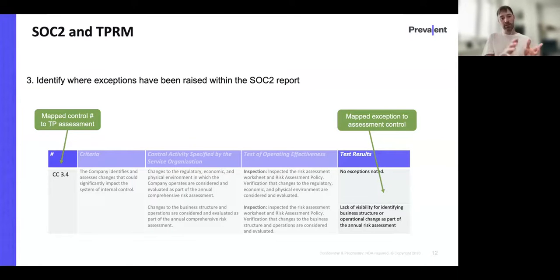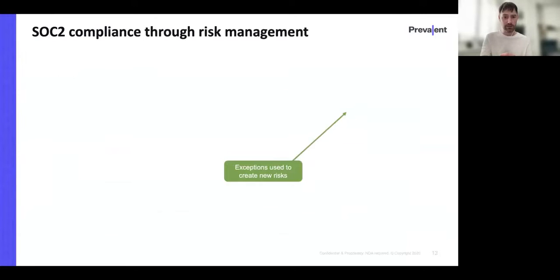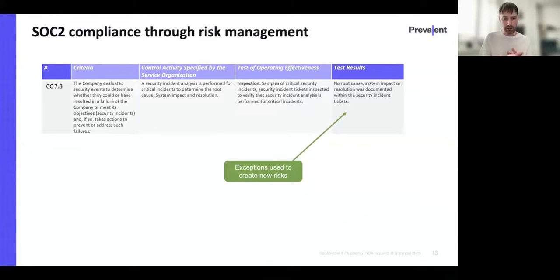So we can start to piece together not only here's a gap or an exception that the auditors raised, we're already starting to get an action plan and an idea of the story, so what's behind it and what's being proposed to address it. One area that is missing, you might note from here, and if we continue on to the next slide as well,